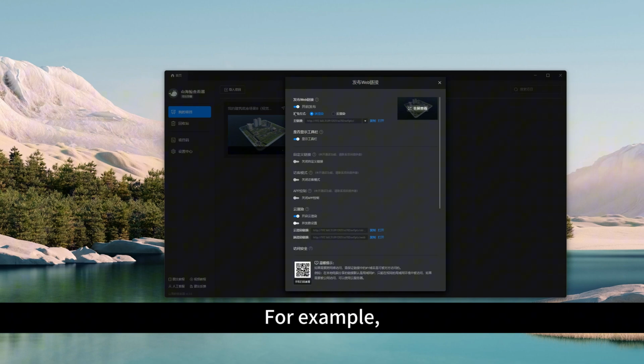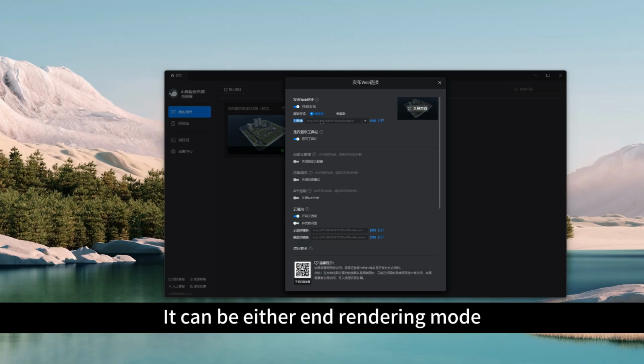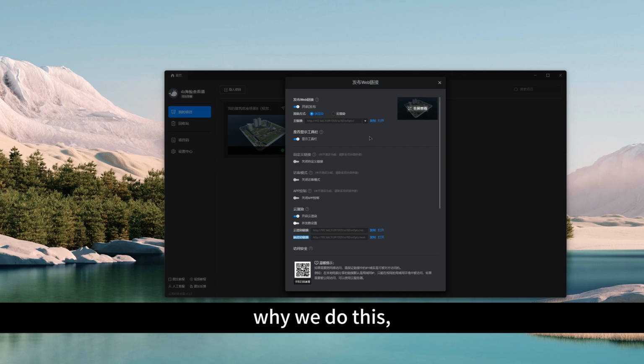For example, this is the main link. The main link can be either end rendering mode or cloud rendering mode. We also give two sublinks. This is a fixed cloud rendering link, and this is a fixed end rendering link. You might think, why do we give so many links? That's because we have